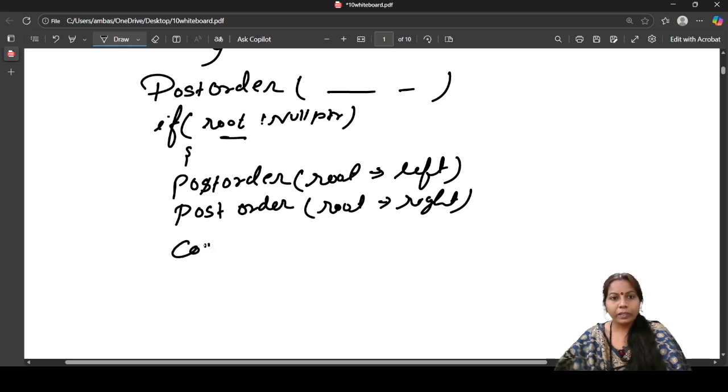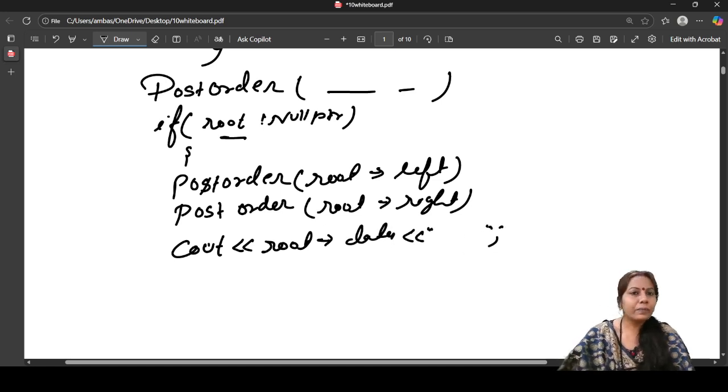So here cout, and here the root, that points to your data. Okay, so simple. This is the trick by which traversing is possible, and we can print our elements.